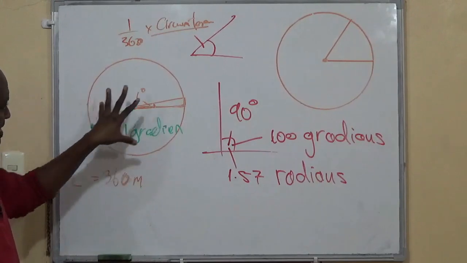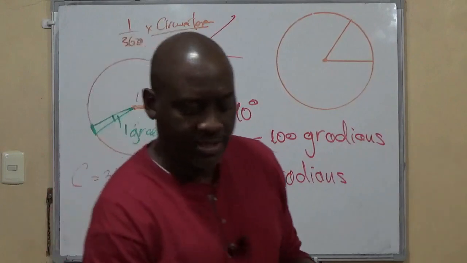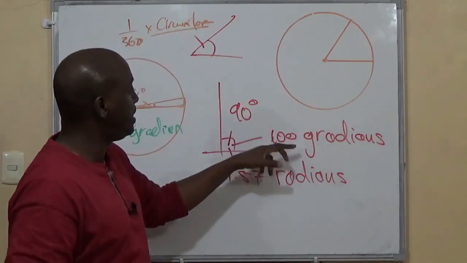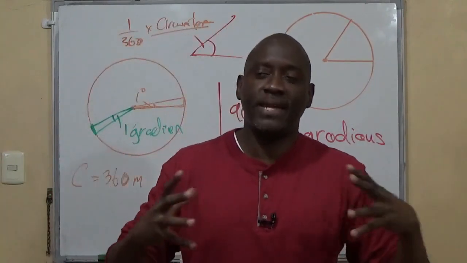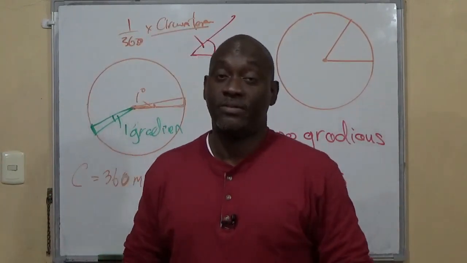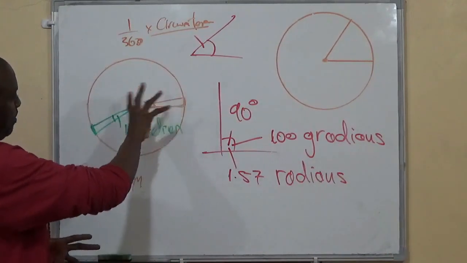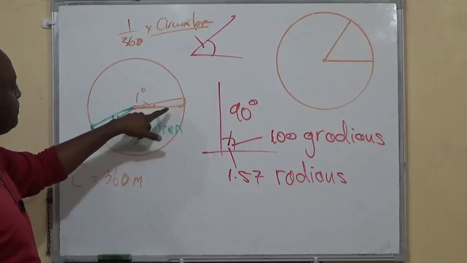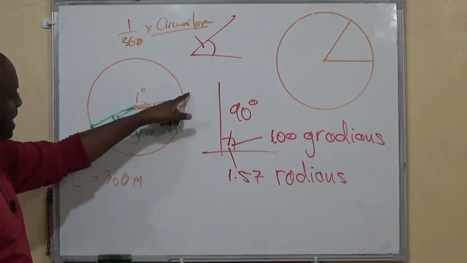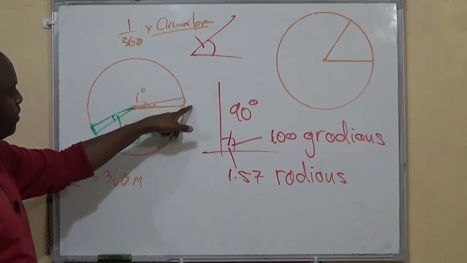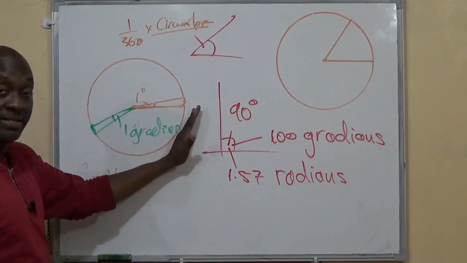Now, using this same idea, I found it very interesting that in both cases, degree and gradient, the angle was defined with reference to the circle, which makes a lot of sense because that is how we will define a radian. So using this same concept of defining 1 degree as the space subtended by an arc of length 1 meter on a circle of circumference 360 meters,